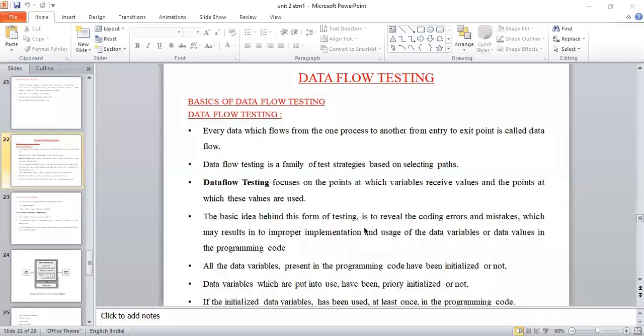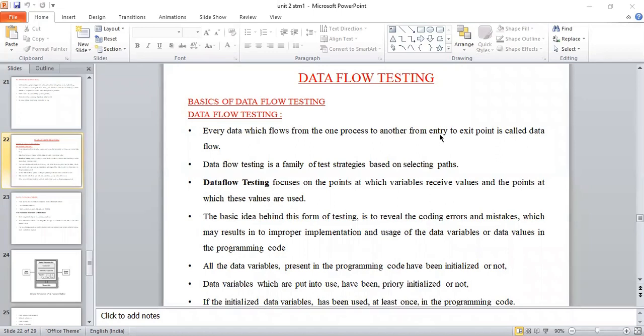Okay, good morning all. Today we will start the concept called data flow testing. In previous classes, we have discussed transaction flow testing. In that we discussed what is meant by a transaction, how a transaction can be represented, how the transaction flow is represented, what the implementation process in transaction flow is, and what complicators will arise when transaction flows are implemented, followed by the techniques involved in transaction flow. This is the first part in unit 2, that is transaction flow testing.